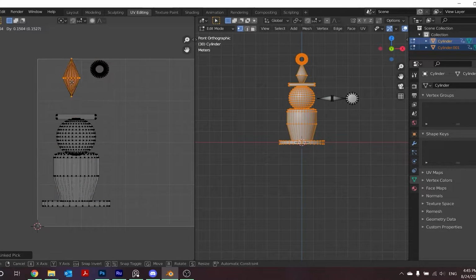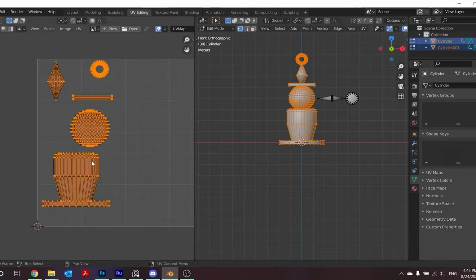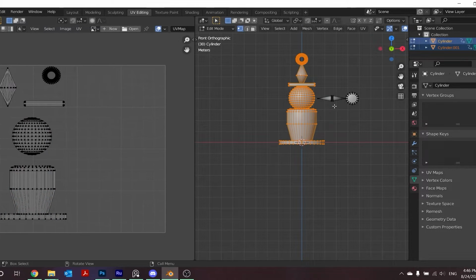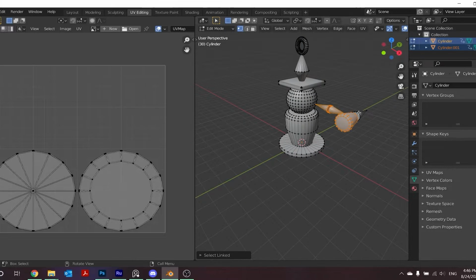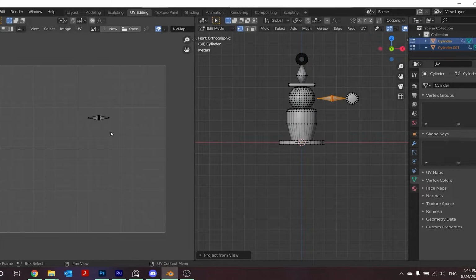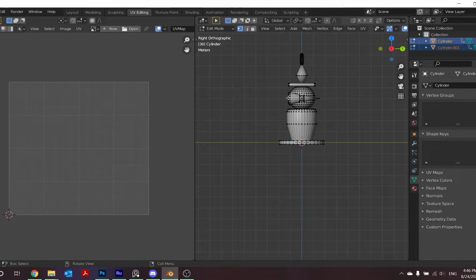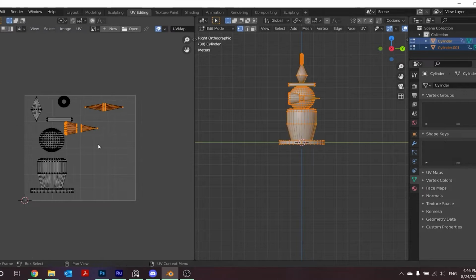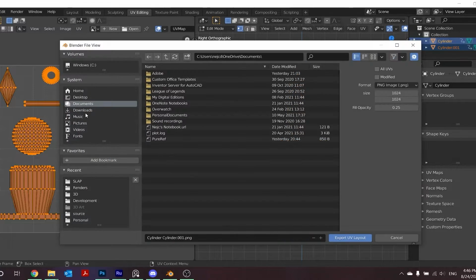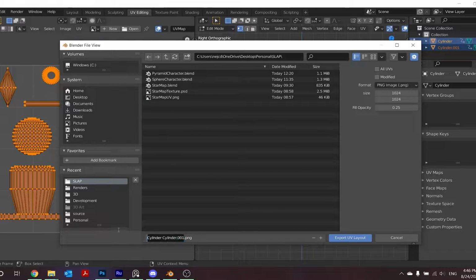Like everything else, the texturing process is also very simple for such a simple object. I begin by projecting the UV from view. As you can see here, I'm projecting each shape individually. The two objects, the hammer and the tower, both on the same UV layout, and exporting them as a PNG,